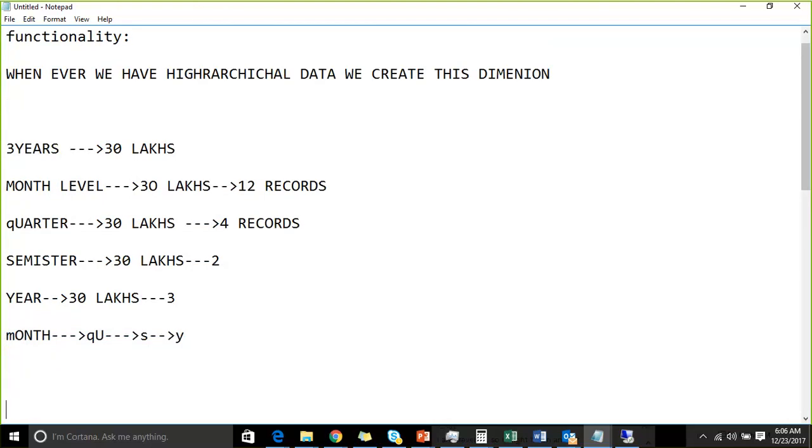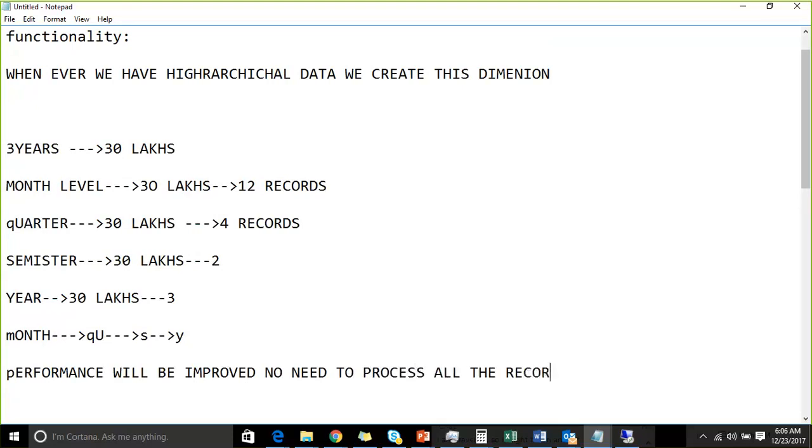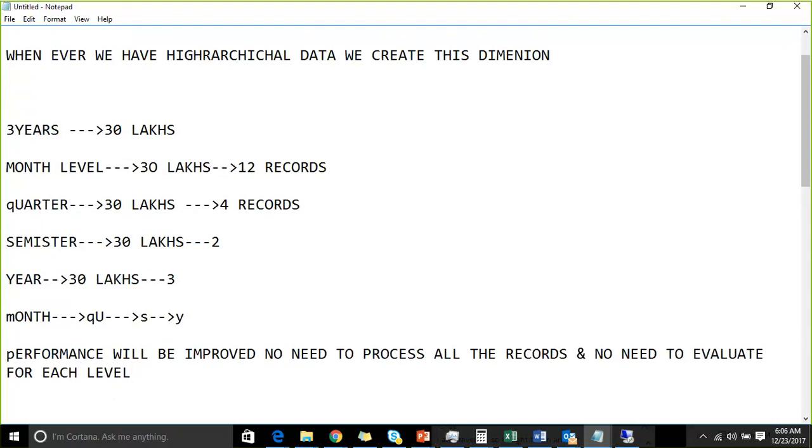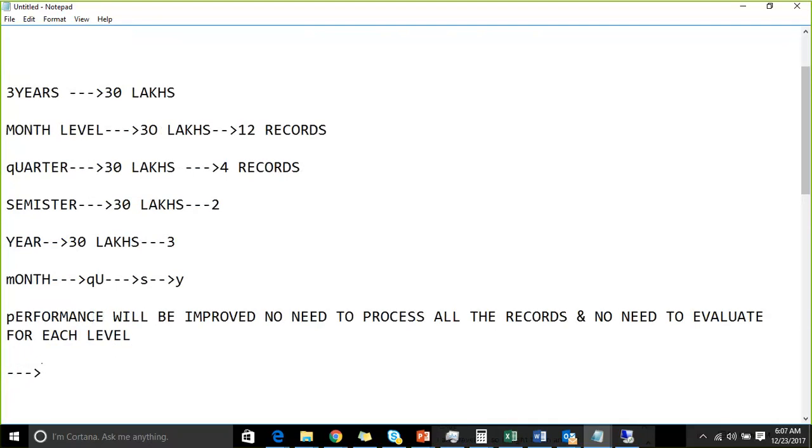And so performance will be improved. No need to process all the records, no need to evaluate for each level. Then you have one requirement that I need to display